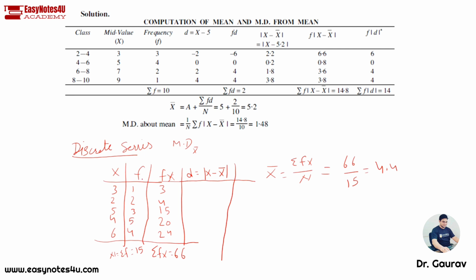अब इसमें डेविएशन लो हर एक एक्स की वैल्यू का, 3 माइनस 4.4, तो 1.4 आ गया, माइनस साइन इग्नोर करो। 2 माइनस 4.4 कितना आ गया, 2.4 आ गया। 5 माइनस 4.4 कितना आएगा, 0.6 आएगा। 4 माइनस 4.4 कितना आएगा, 0.4। 6 माइनस 4.4, 1.6।